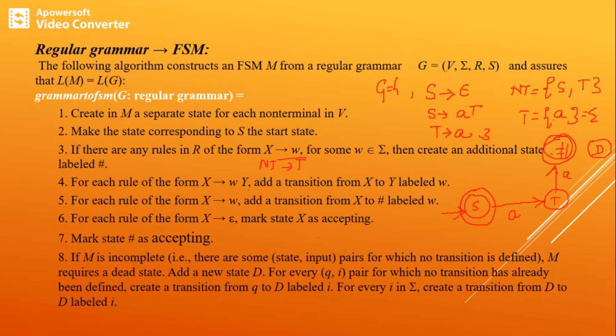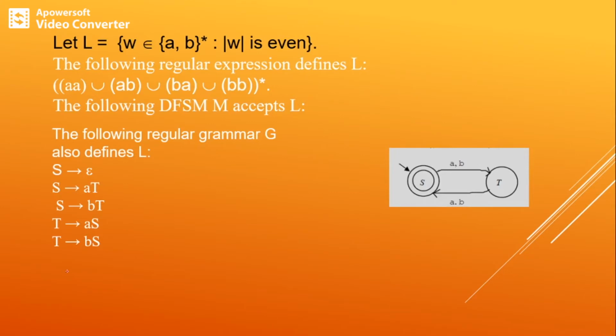From hash there is no transition, right? For S there is a transition. The alphabet is A, T also on A there is a transition, but for the hash node you have to create a dead state and add the transition to the dead state from hash, labeled with A. Now D also doesn't have any transition. You can show even a transition for this particular state. So this is what we are supposed to do in the 8th step, but the 8th step we are not following in the example. Till the 7th step we are following. Let's check the next one.